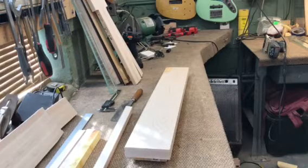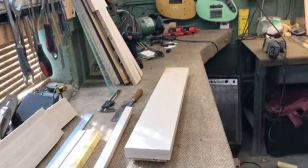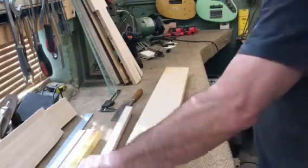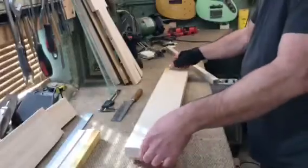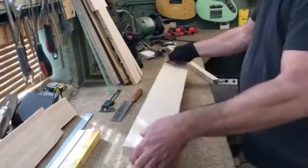Alright, so then we're going to do a scarf joint. I have a bunch of necks I have to make. I do a 3-piece neck with a scarf joint. So to get a 3-piece neck from the beginning, I take a flat sawn piece, just a regular flat sawn, and then